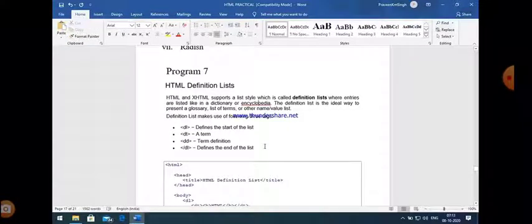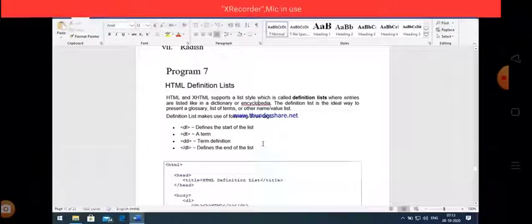If you want to describe any term, first of all that term should be mentioned. After that, the description should be there. So to represent a definition, a term and the description of the term should be there, and that is represented by a definition list. For this purpose there is a tag DL, so we just use DL, which indicates that that is the definition list. After that we mention a term that is represented by a DT tag, and after that the description should be there, so we use the DD tag.